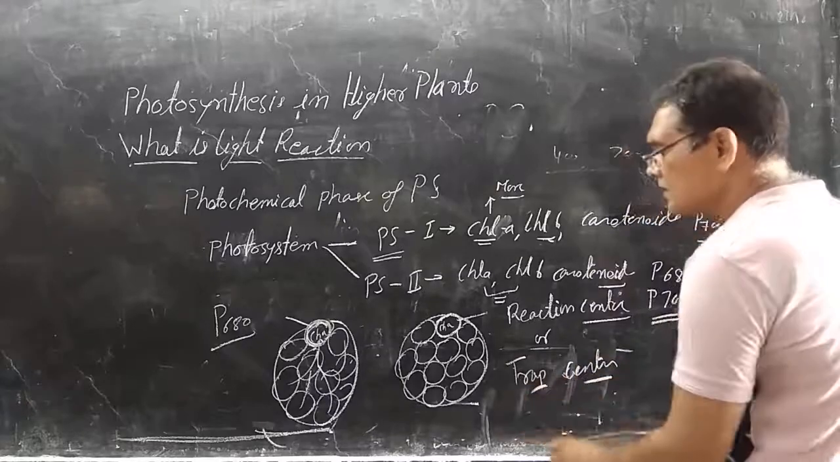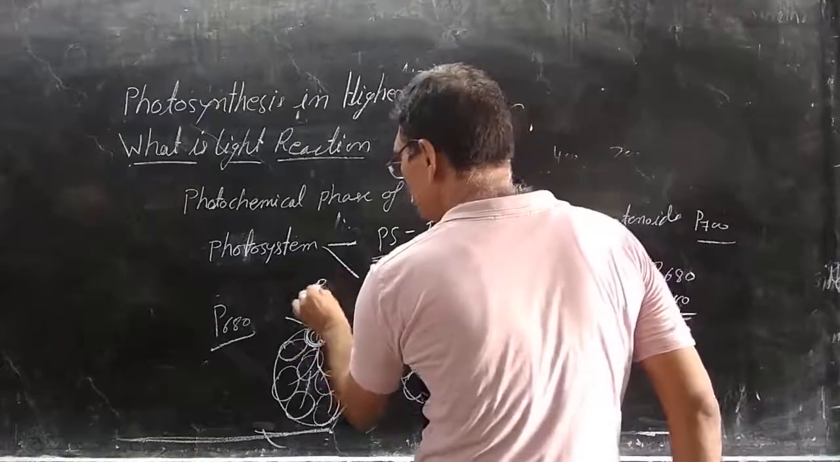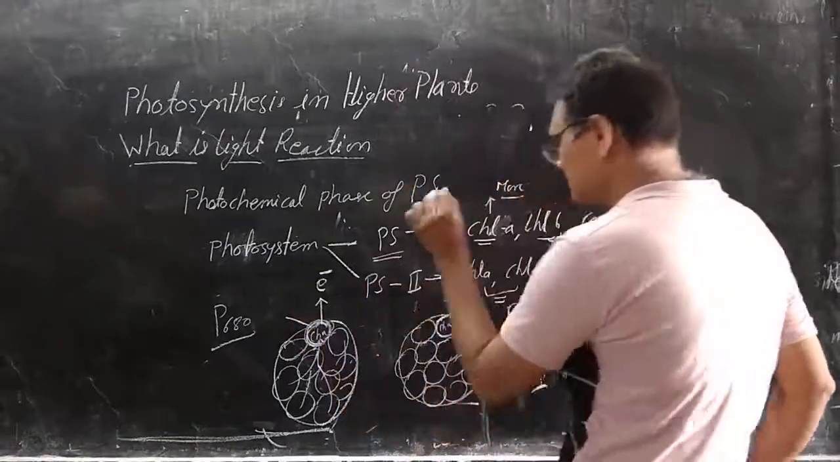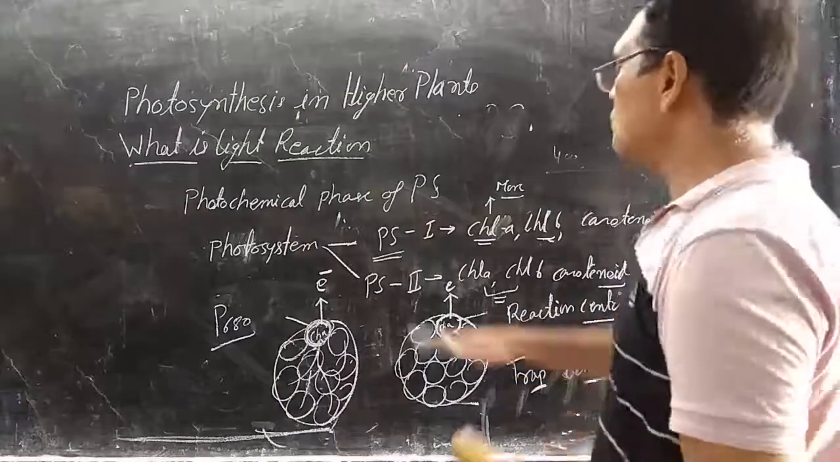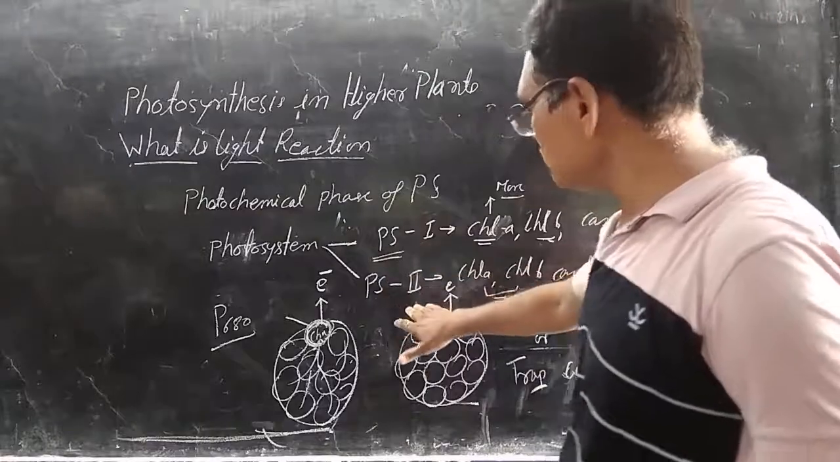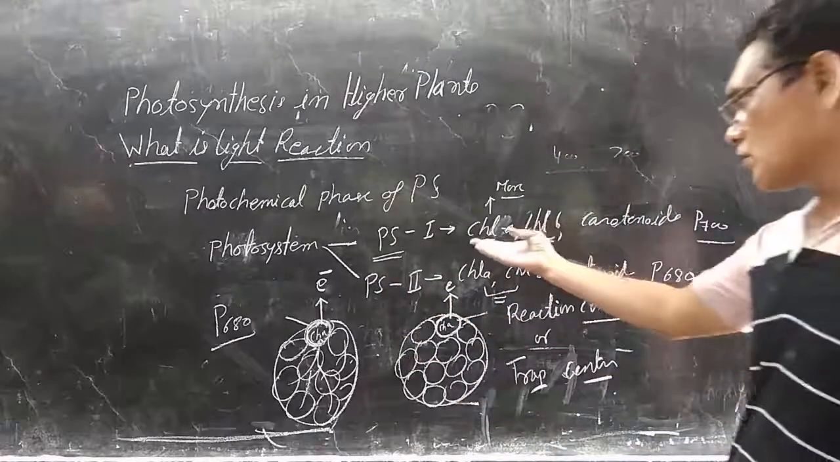ट्रैप सेंटर, जिसको अपन ट्रैप सेंटर कह सकते हैं. Ultimately the electron will be released from this trap center. इसी ट्रैप सेंटर से, इसी रिएक्शन सेंटर से एनर्जी रिलीज होती है. So these are the two photosystems present in the leaves. One is photosystem first, another is photosystem second, and both are made from chlorophyll A, B